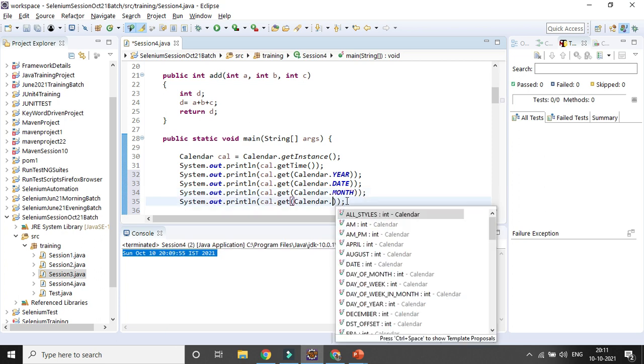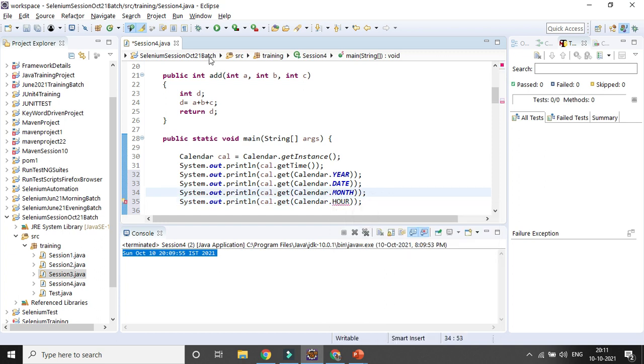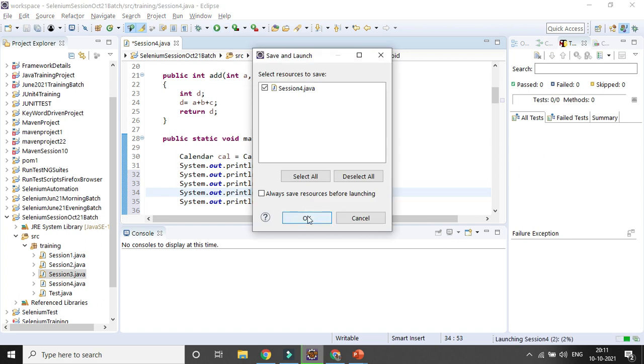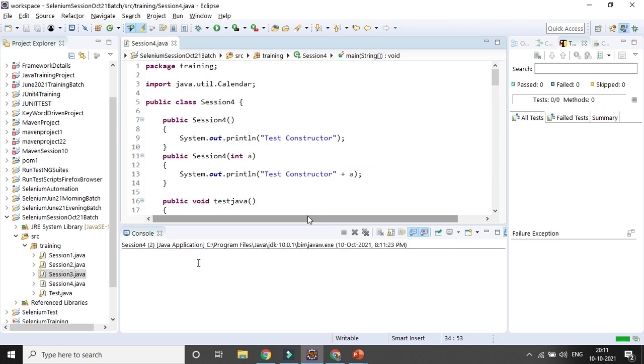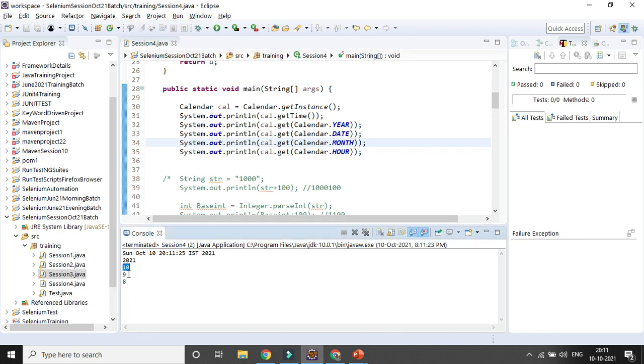Now try to run it and let's see what it is giving. You can see the year is 2021, date is 10, month is 9, it is starting from 0. So October is the 9th month, hour is 8. That's what it will give you.